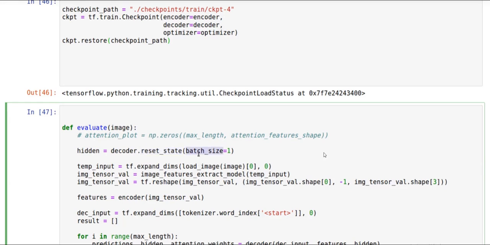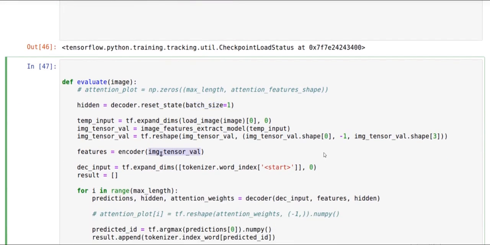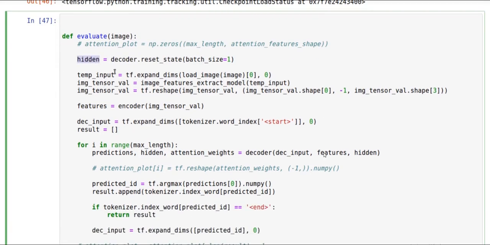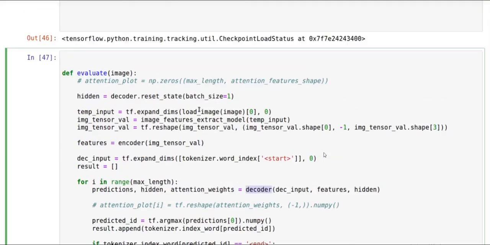First, the image will be converted into a tensor. Using the encoder, the image will be encoded and generate some features. The decoder will generate from the transfer learning hidden layer, and finally the text input, features and hidden layer will be processed in the decoder.